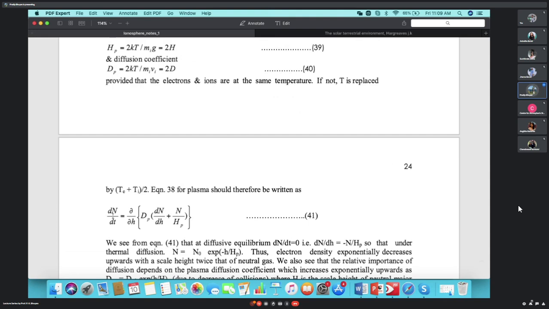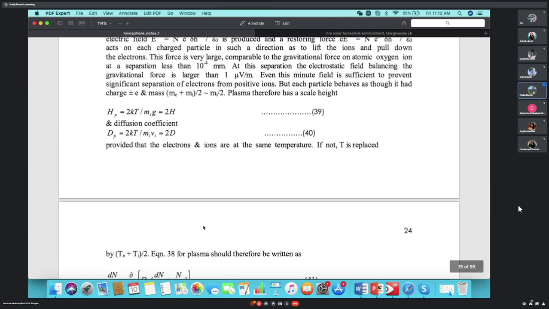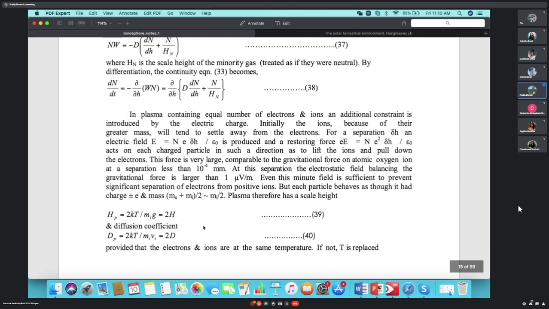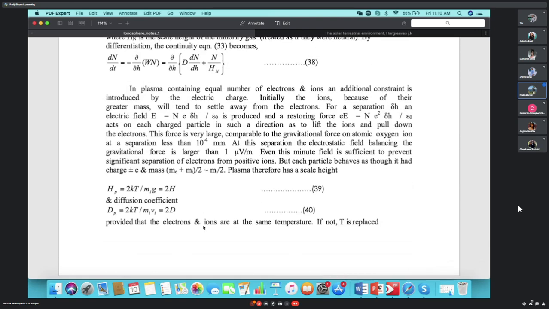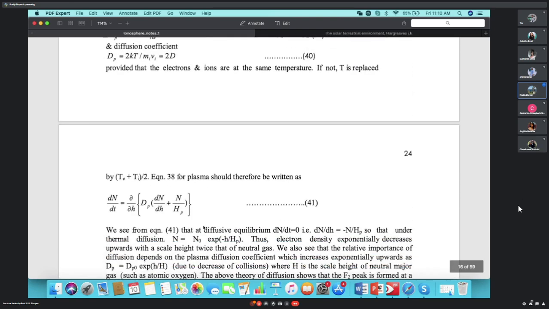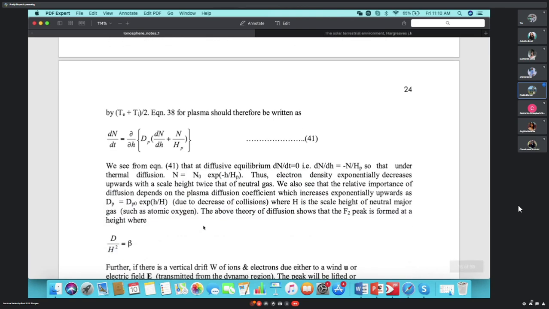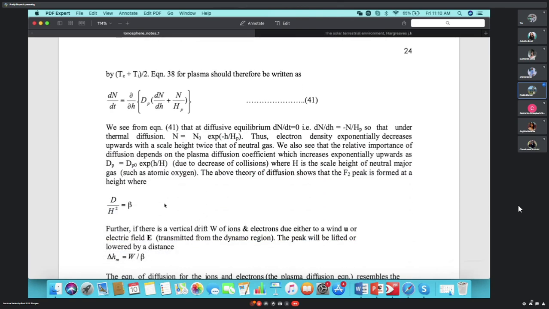So now what we are getting is, in this equation, dn/dt equals del/del h of (D_p dn/dh plus n/H_p). Question 38. Del h. So from this equation,